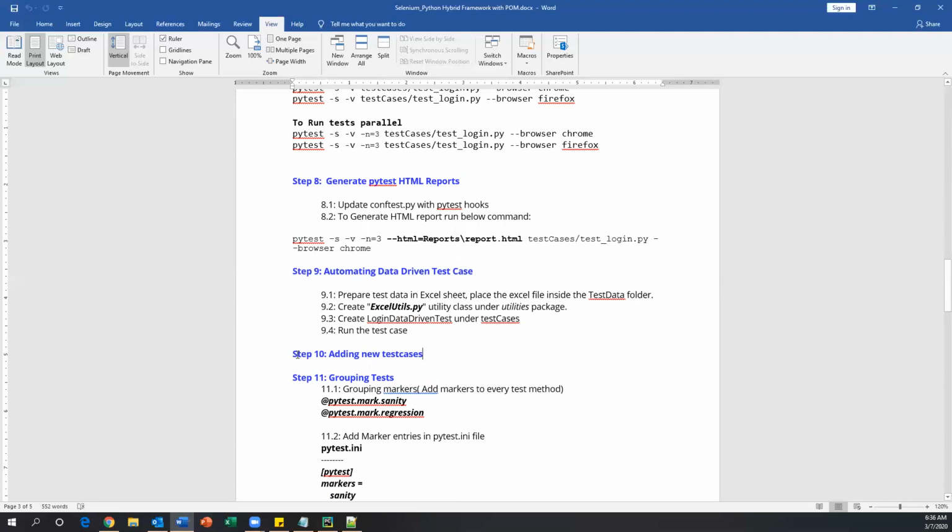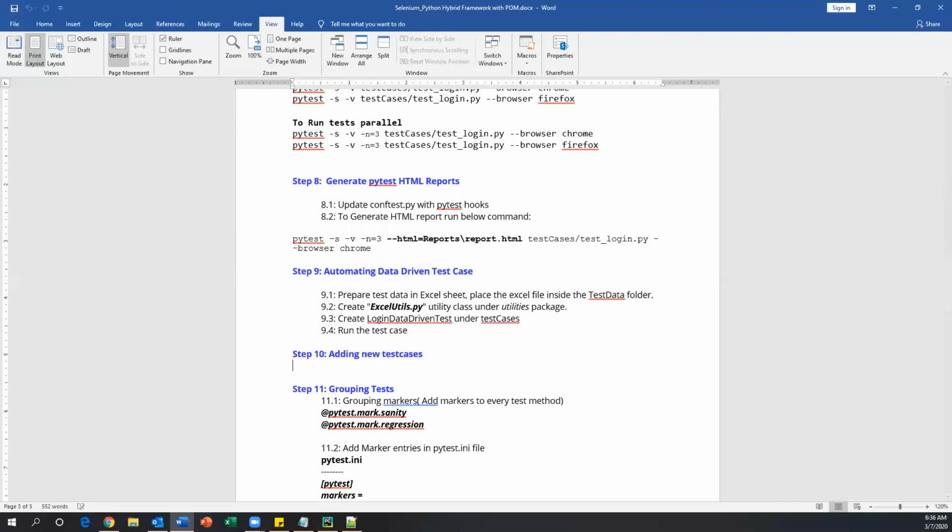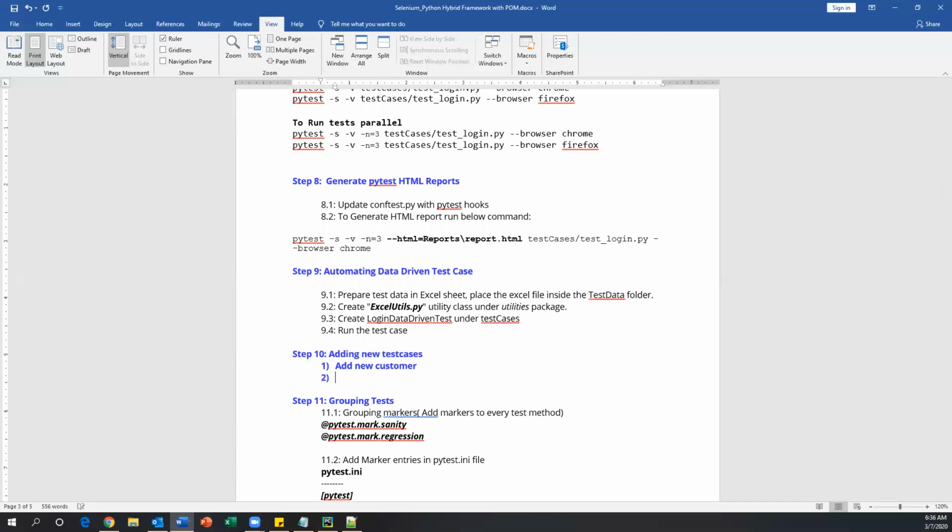Now let us see step 10, so adding new test cases. So here I'm going to show you three test cases. One is add a new customer. We have one more test case, guys: search customer, by using email ID and also name.